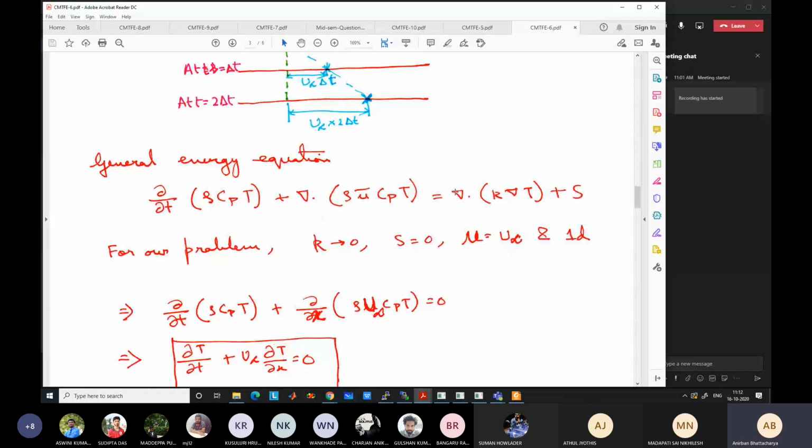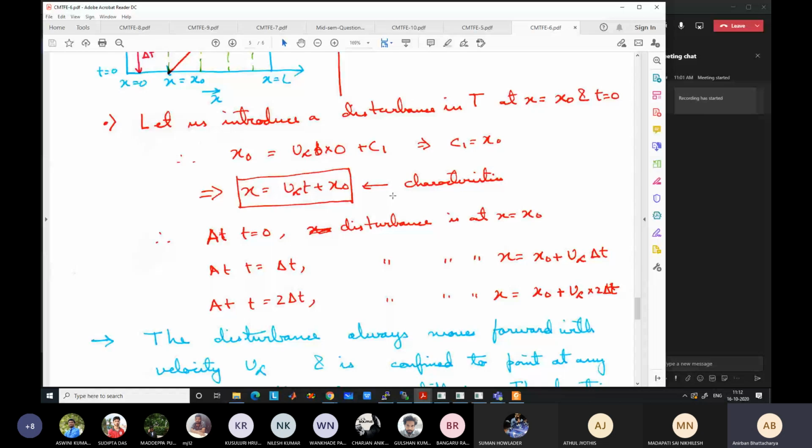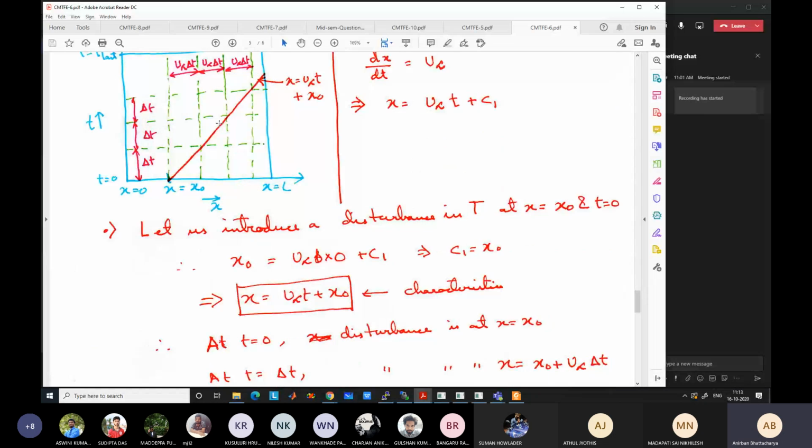This is the equation of the characteristic, and this is the characteristic line. The domain of influence and domain of dependence is not the entire line, it's just a single point, which is given at a distance of u infinity times t. So any point P here can only influence a point which is u infinity times t away, not the entire region. Similarly, it can only be influenced by a point which is u infinity times t away in the other direction.